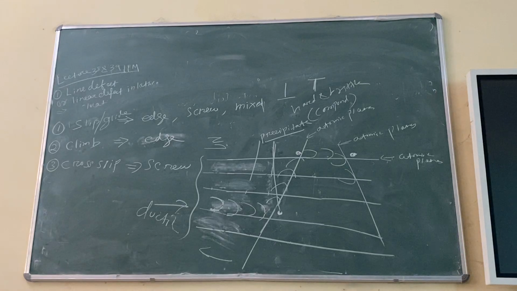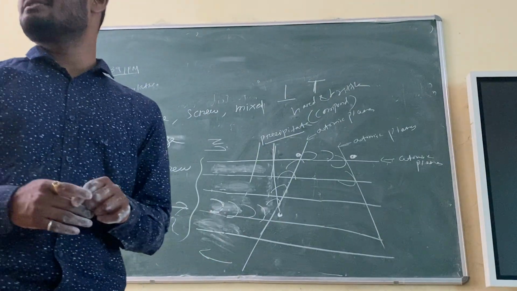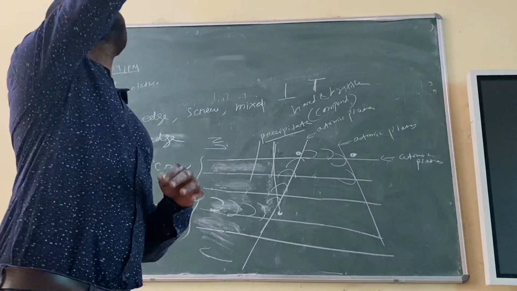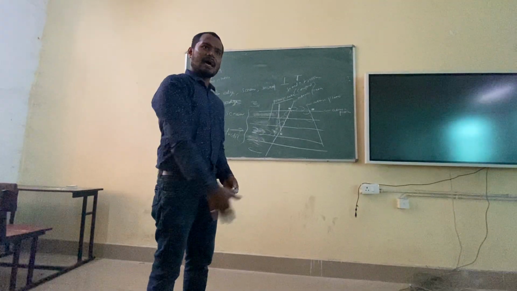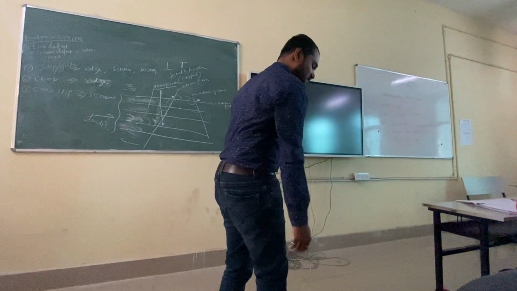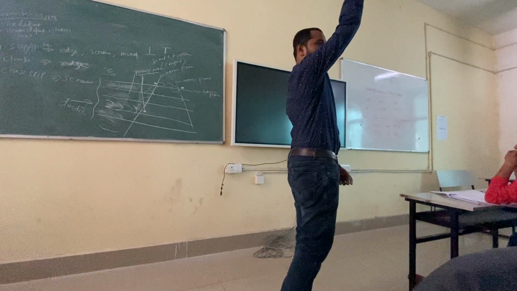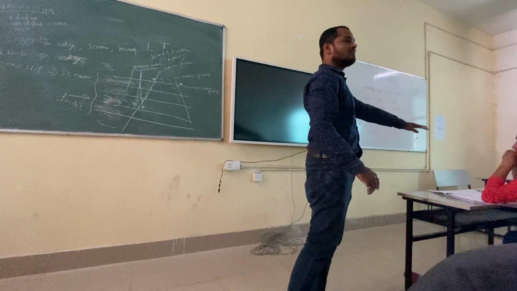You understood? So a dislocation can move in three ways. Either it will glide, or it will cross slip, or it will climb, right? Climb means, for example, I am showing you. Suppose right now I am an extra half plane of atoms, I am the dislocation in the entire body. This is one atomic plane, and this is another. In this plane I am moving, I am gliding like this, right? But suppose I have an obstacle here. What can I do? I will climb to that plane. Suppose this is a new plane. I will climb over here and I can glide.